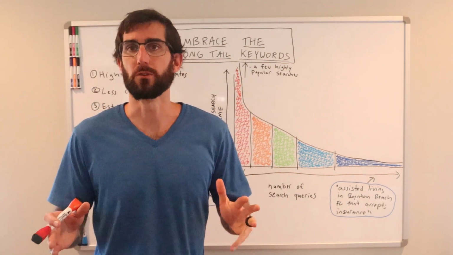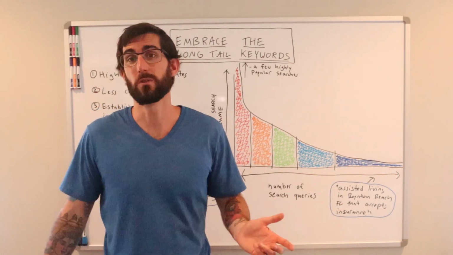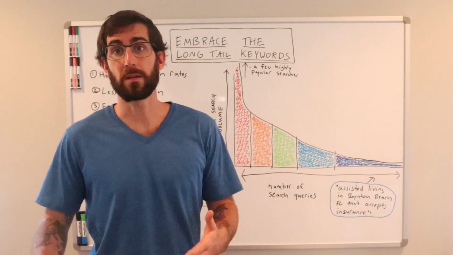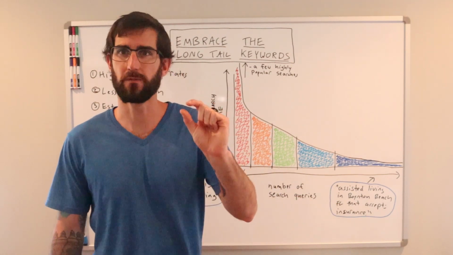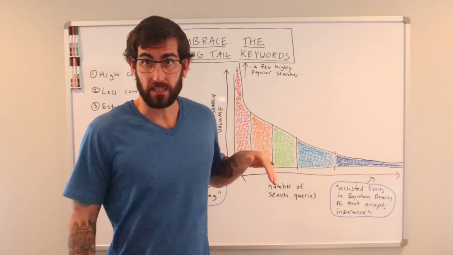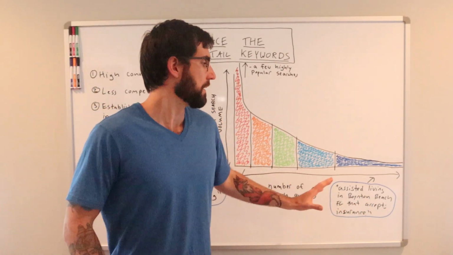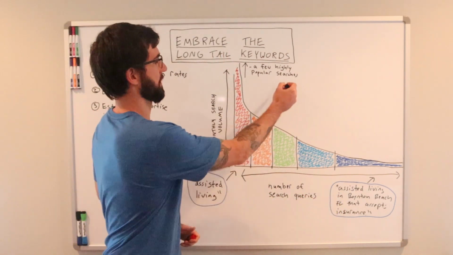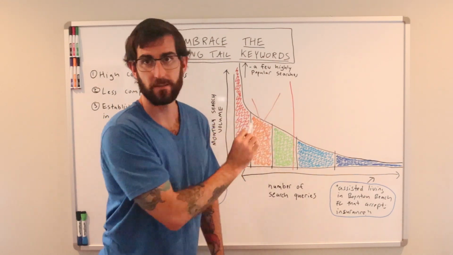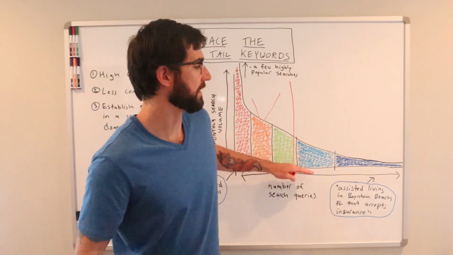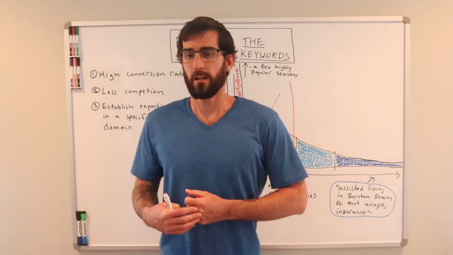The search volume for that keyword is very low. For that particular keyword, I'd say it's probably, who knows, less than 10 searches a month, right? The amount of people that are looking so specifically for an assisted living facility in Florida that accepts insurance is very small. But the specificity of it is what makes it so relevant. This line right here, this is basically off limits to regular people like us. But in this long tail, this is where all the opportunity lies.